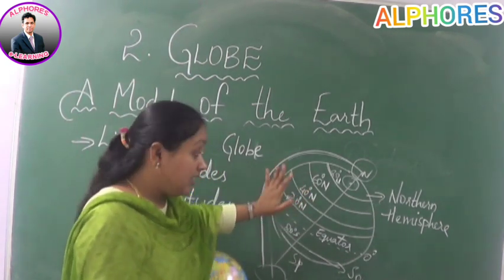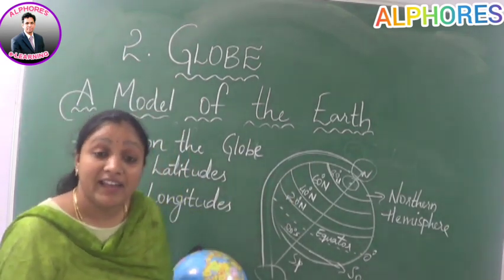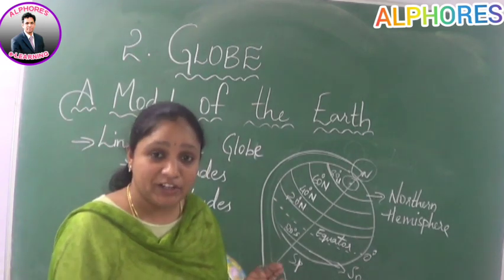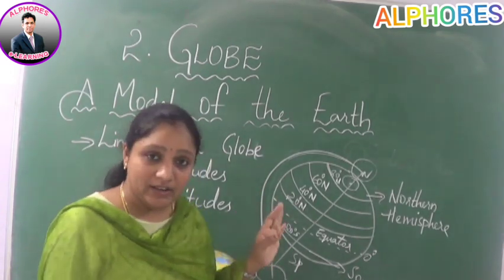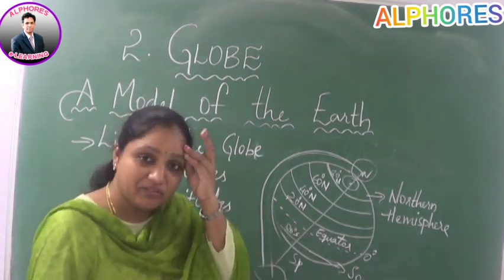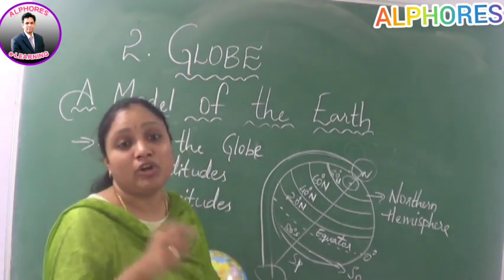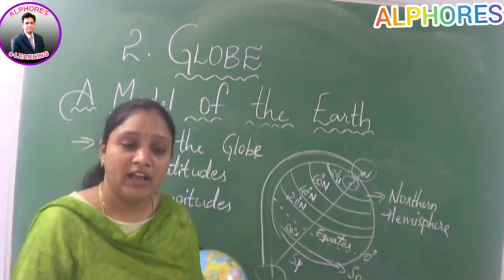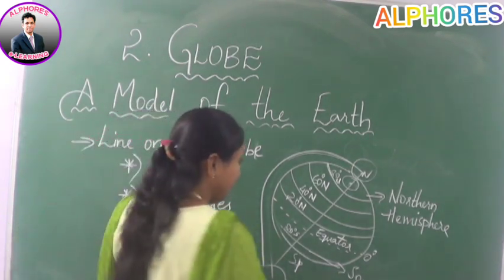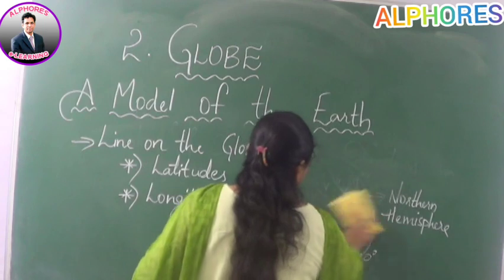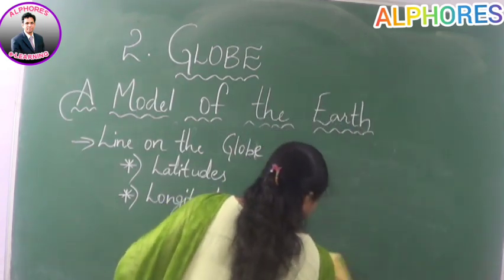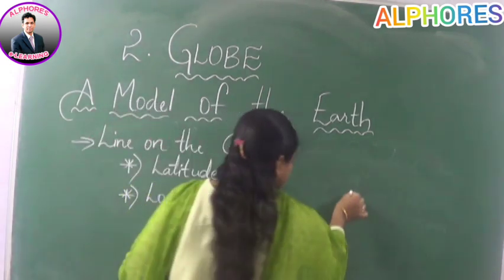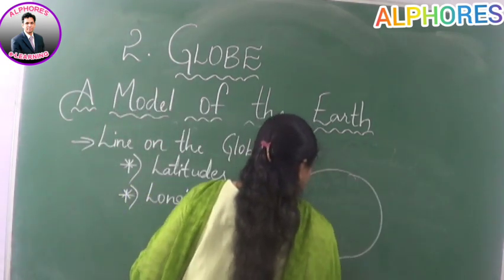But there are some important lines of latitudes. Regarding these important lines of latitudes, I'll just write the names of them. But you'll be learning about them in your next classes, in your higher classes. Okay? I think you have studied this in your 5th class. Yes, children? You have studied about these important lines of latitudes in your 5th class. But even though, once again I'll show you.